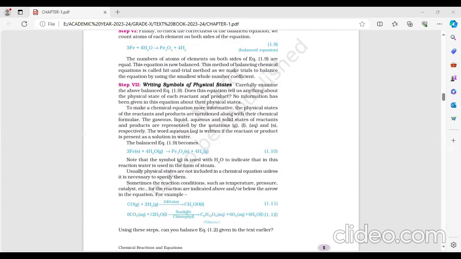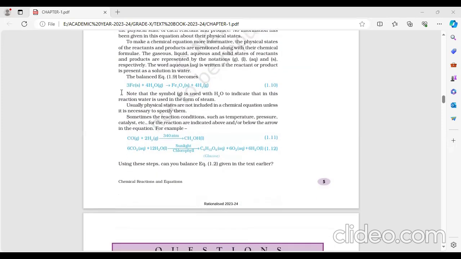After that, how to balance. If it is not balanced, it is called a skeletal equation. After balancing, we need to write the physical states also. Okay, fine. We mention the physical state by using G, L, Aq, S, and so on. And then you see here, sometimes,